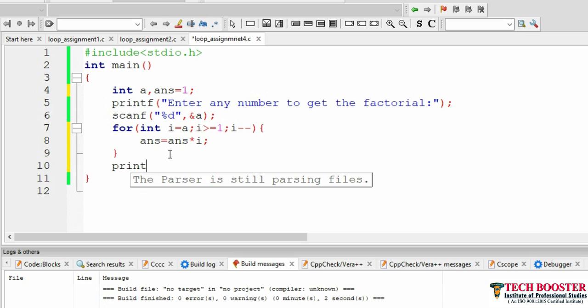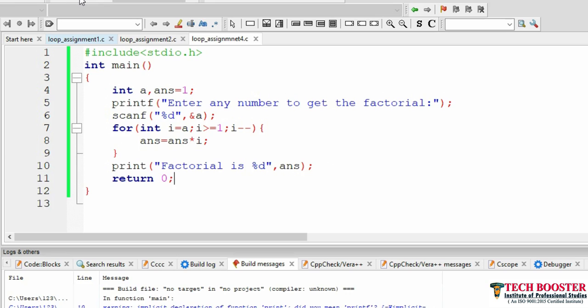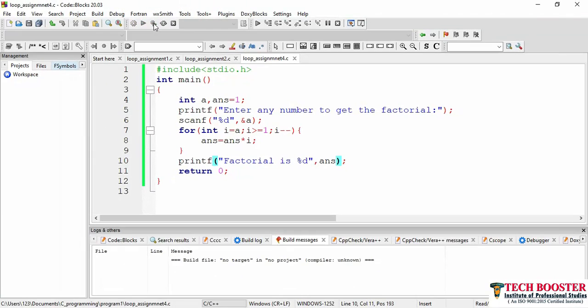Print factorial. Factorial is %d comma a and ans. Okay, so I am done. Now I'll use my return here. So once you are done, if you run this particular code, okay, so here, this should be your printf. We are using C, not Python. Now if you run this one again,